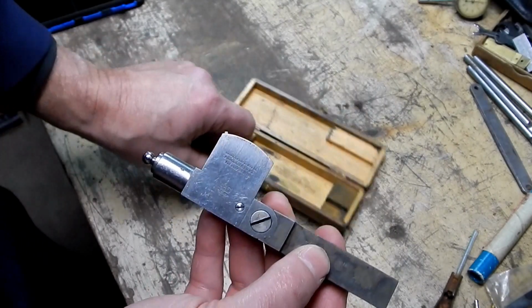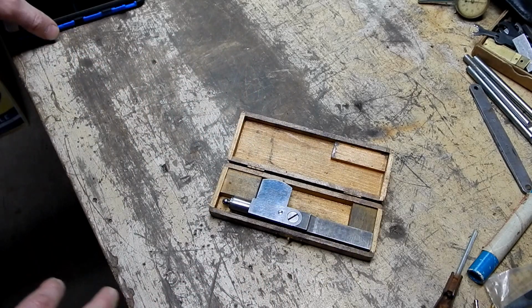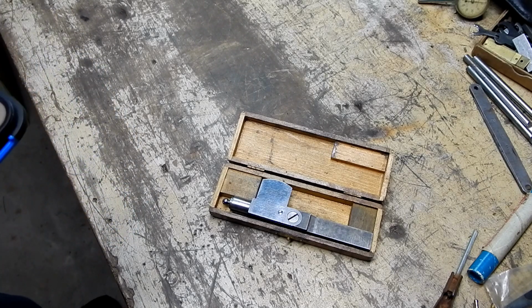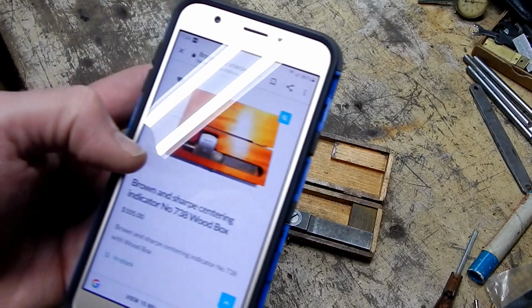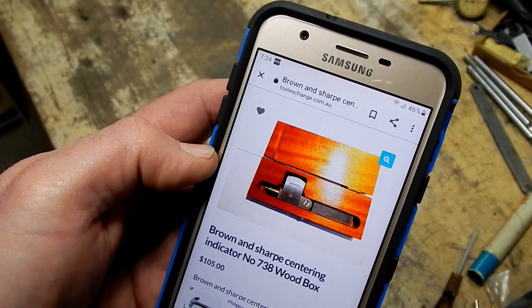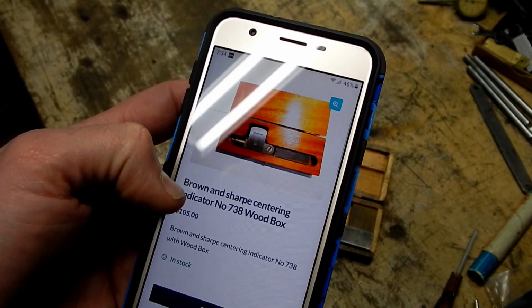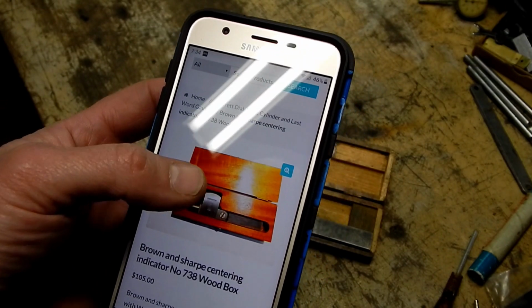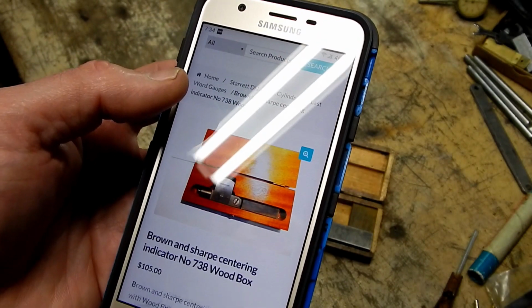So it took me a lot of searching on the internet to find one, and I did end up finally finding one. There was a discussion in one of the Practical Machinist forums about a Brown and Sharpe number 738 indicator. Then I found this listing here on a place called toolexchange.com.au, which I think might be Australia. But anyways, he's got one available, and he's asking $105 for it. I like how it says in stock, as if maybe there's more of them, but I think he's got the only one. The only other places I've been able to find pictures of this come up are on WorthPoint,